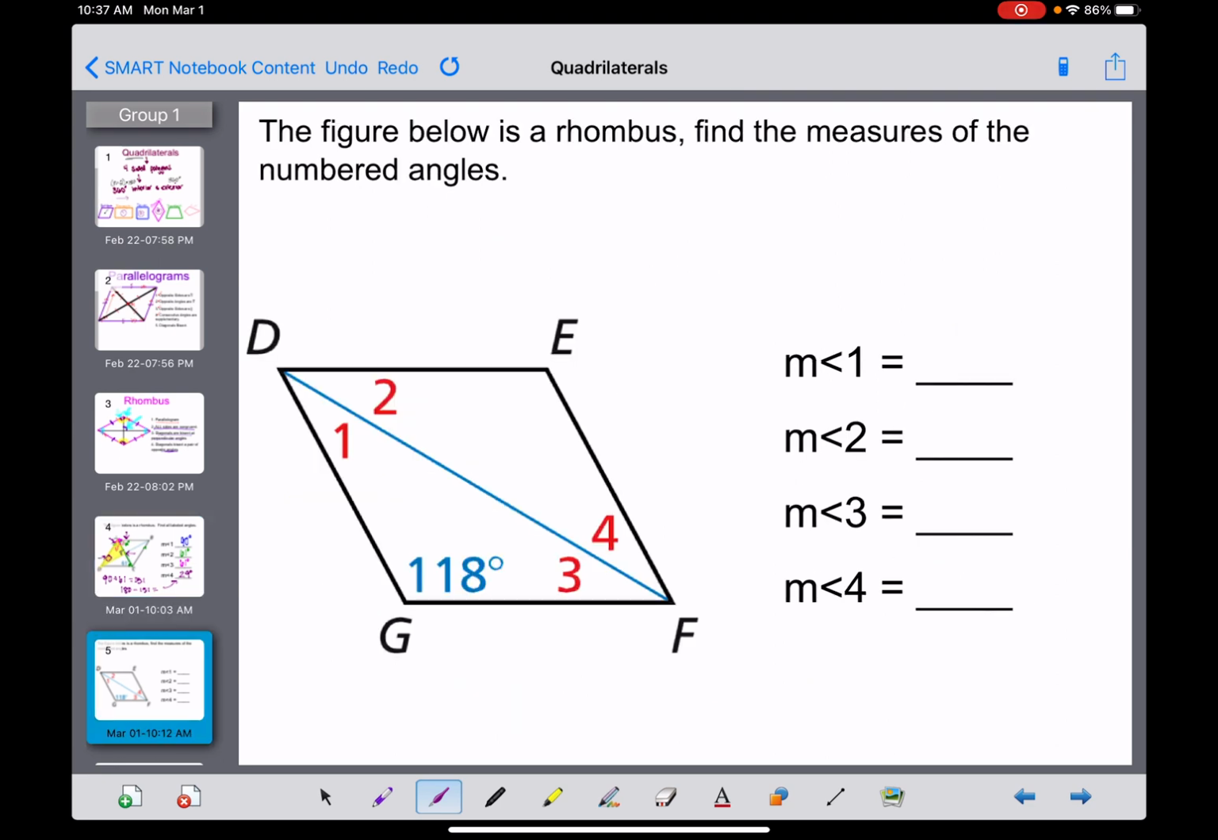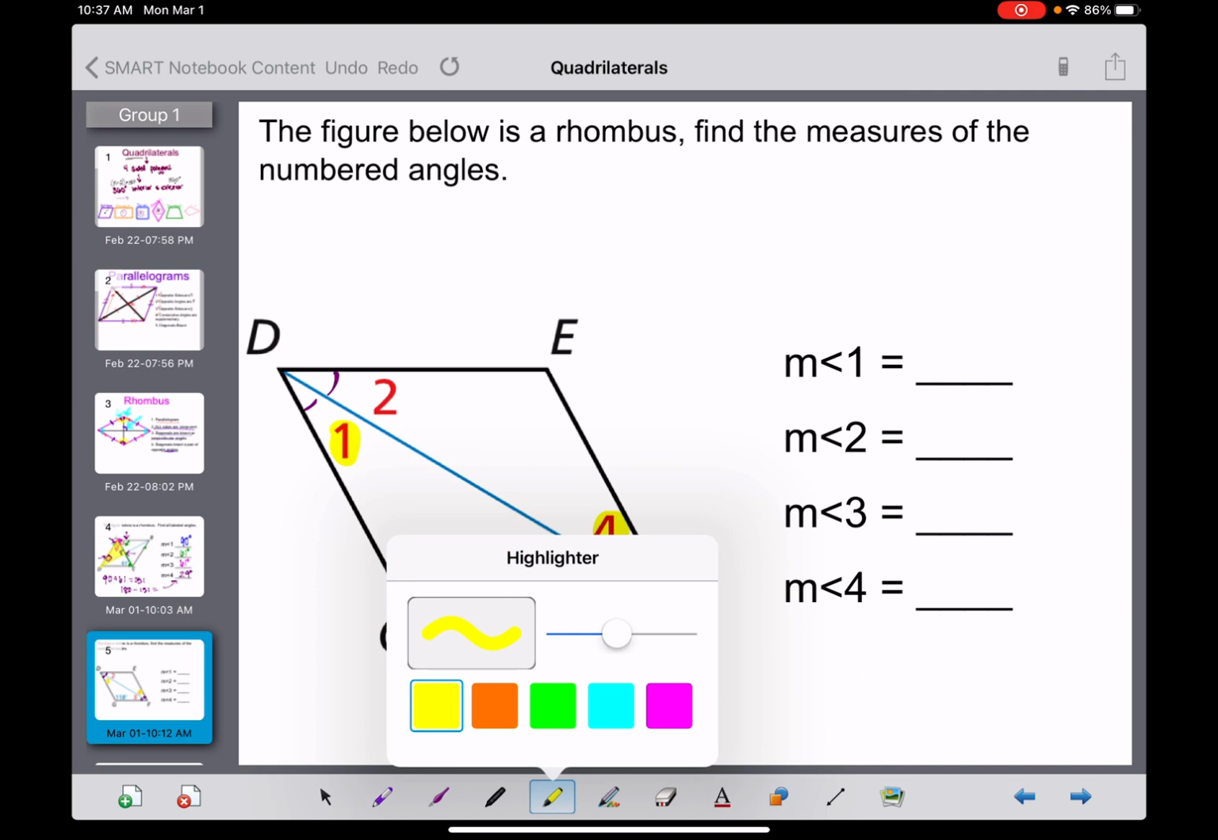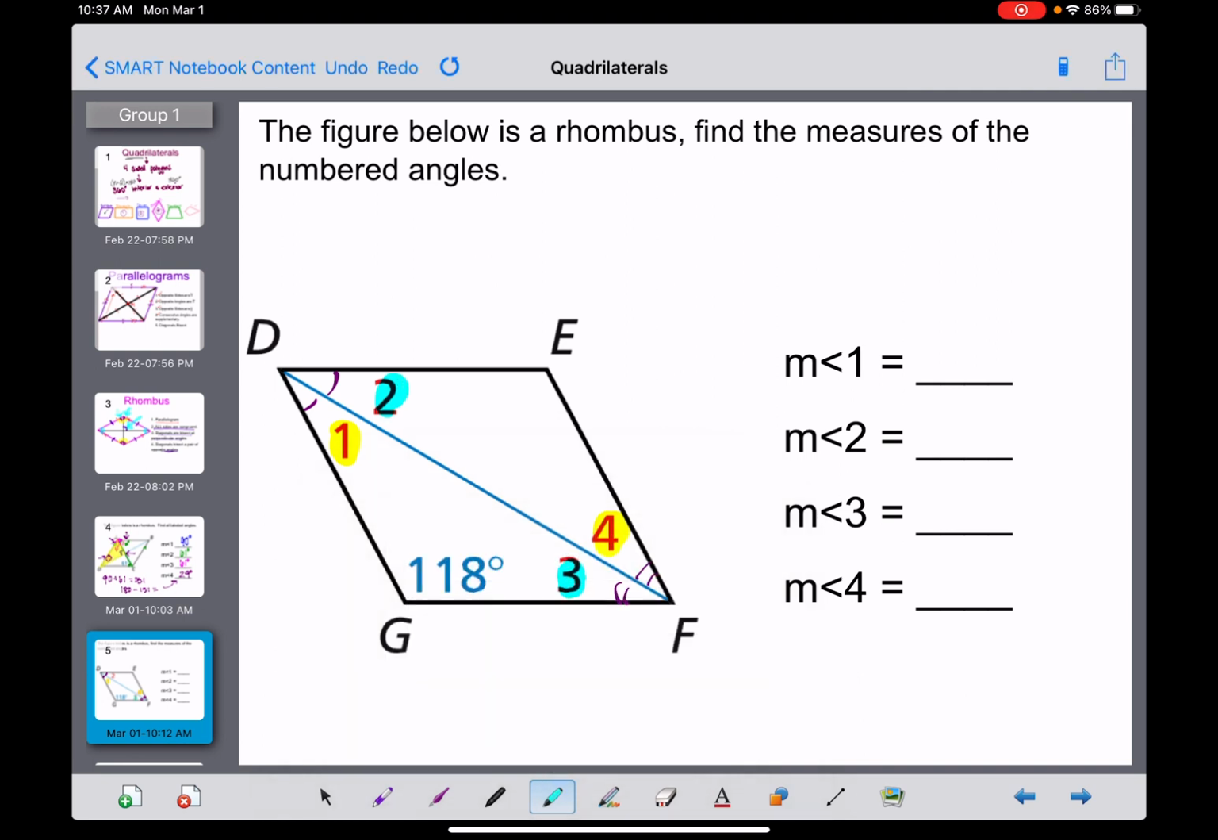So you're going to try below. The figure is a rhombus. Find the measure of the numbered angles. So I'm just going to give you a hint. We know that the diagonals bisect the angle, so that means that angle 1 is going to be congruent to angle 2. Angle 3 is going to be congruent to angle 4. We also need to use the fact that we have 2 sets of alternate interior angles. So that means that angle 1 is going to be congruent to 4 and angle 2 is going to be